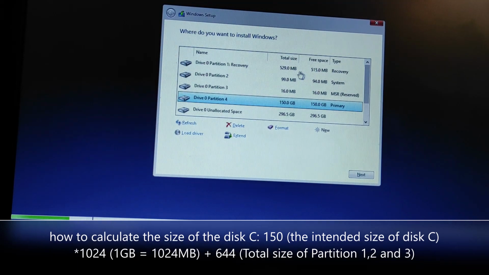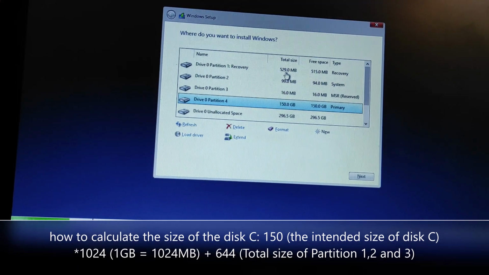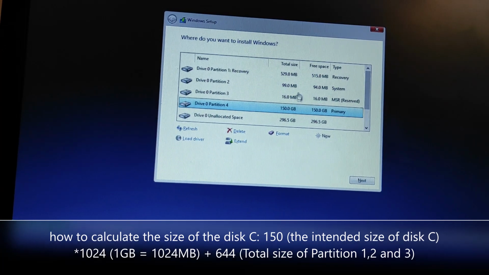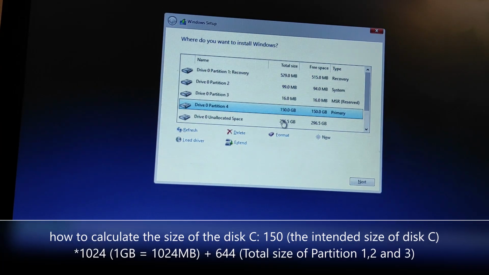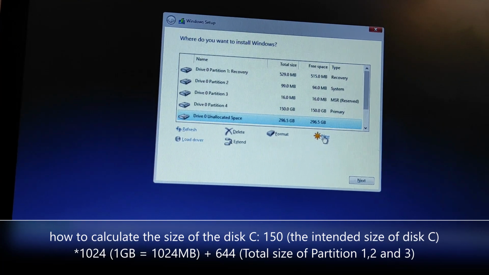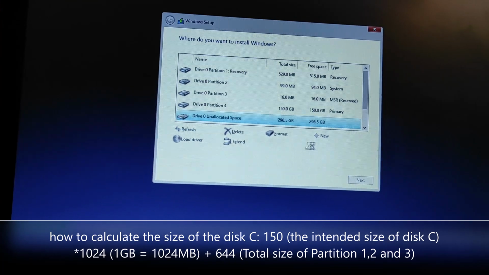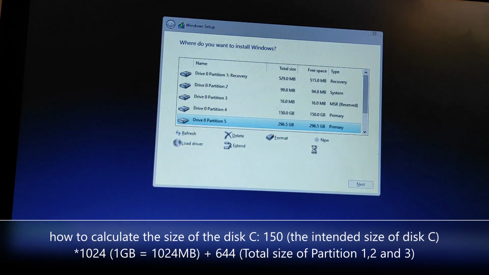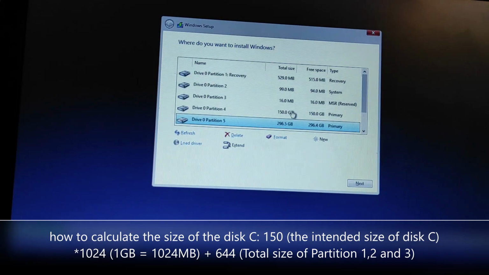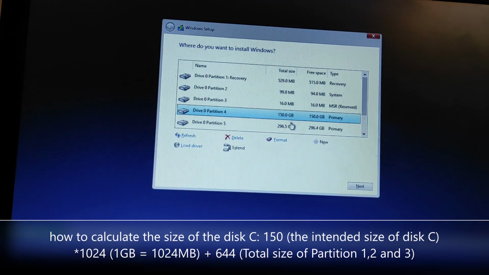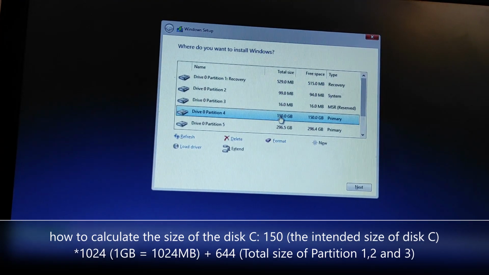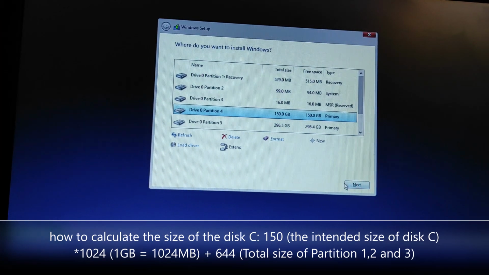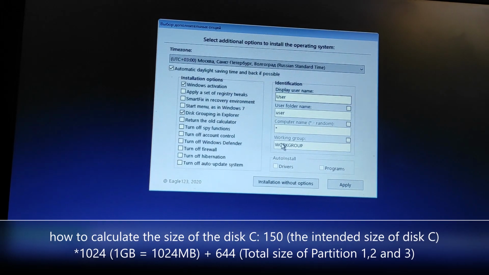You see, this was the total size of these 4 disks which I wrote, and this will be the second partition, the second disk, where we'll see in computer.